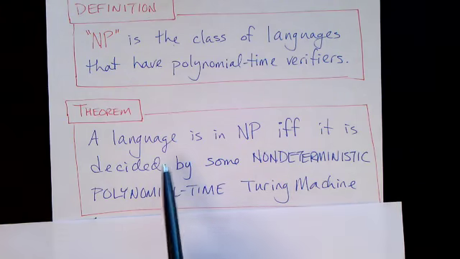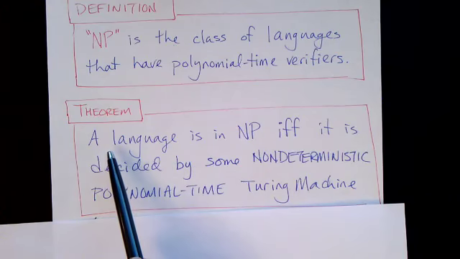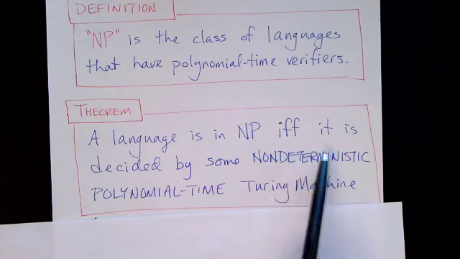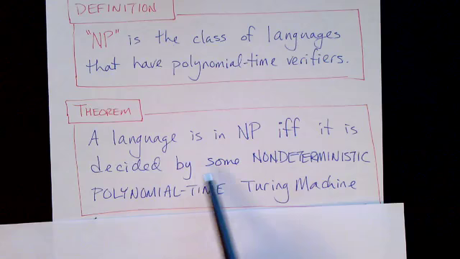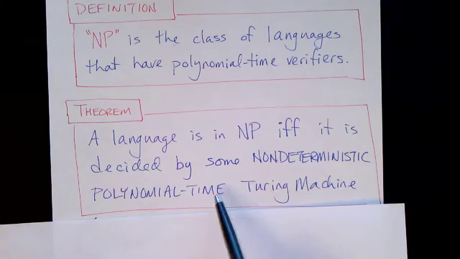And so we're presenting this as a theorem, and we're saying that they're the same. These two definitions are the same. So let me read this. A language is in the class NP if and only if it is decided by a non-deterministic polynomial time Turing